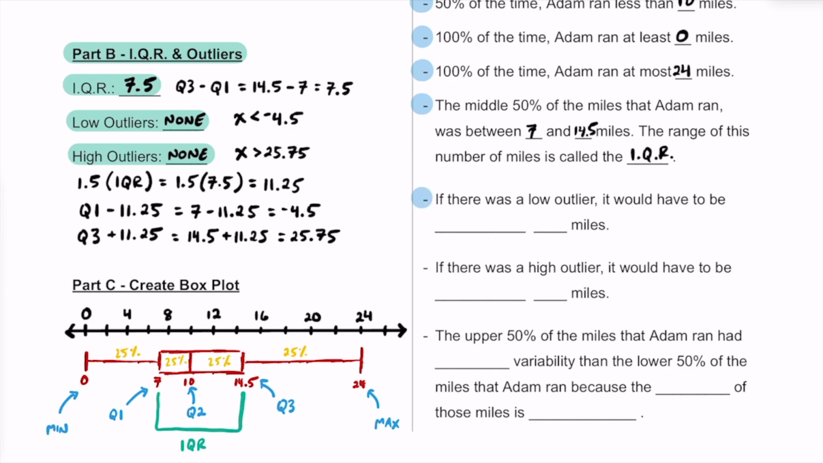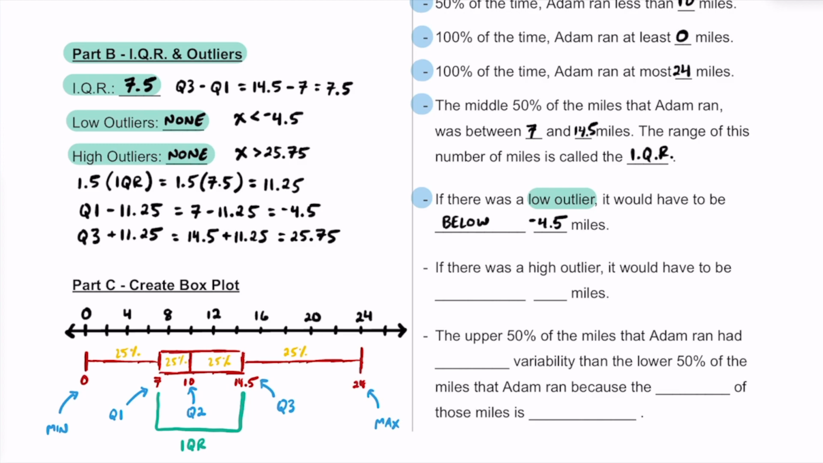All right, next, if there was a low outlier, we talked about outliers earlier, right? We said there were none, but if there was a low outlier, what did we say? We said it had to be below this negative 4.5. So we're going to go ahead and say it would have to be below negative 4.5 miles, which we didn't